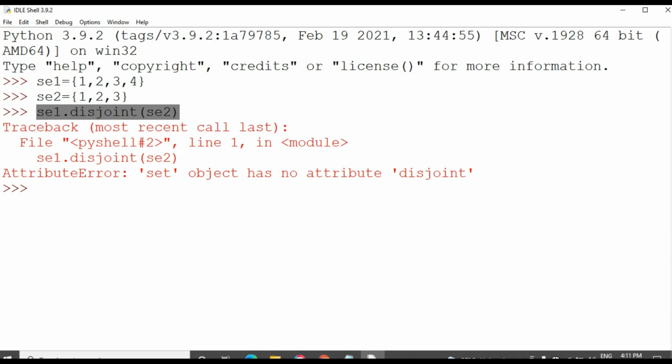This is false. Why? Because set 1 and set 2 contain some matching elements. Set 1 elements are 1 2 3 4, and set 2 contains elements which are the same as set 1. So it has returned false.